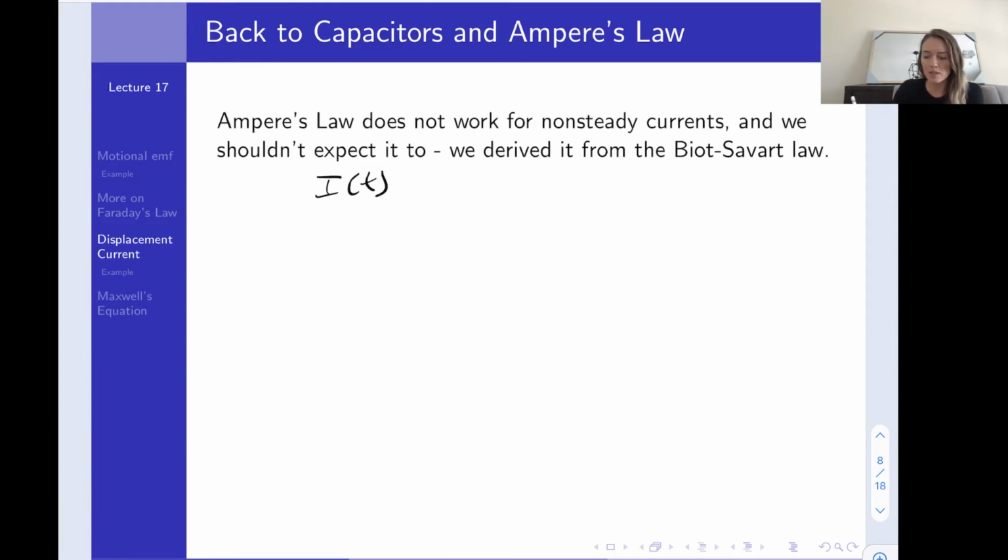And that sort of makes sense because we really derived it from the Biot-Savart law, where we treated the current as constant, right? We could just pull this current out as a constant. It wasn't changing with time or anything. So let's think back to capacitors for a second, because our Ampere's law, as we have it, doesn't really tell